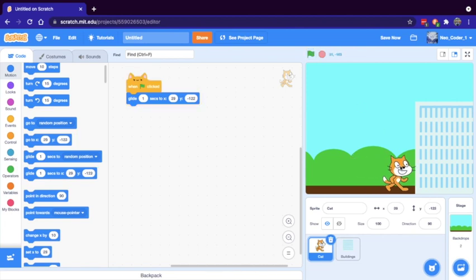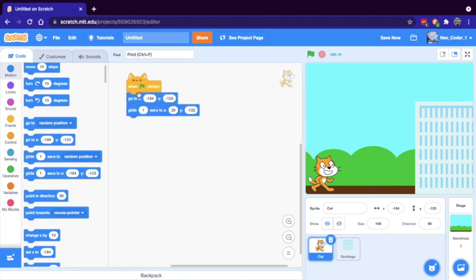See, it is walking. We also want that when the user opens this program, the cat should only be here, not anywhere else. So we want our cat to start at minus 184. So now we have to choose go to, because glide is for gliding and go to is just to quickly go there. Let me show you. Now it will always go there. It will always start from here. And if it is here, again click the green flag, it will go there. Again, see, yeah.